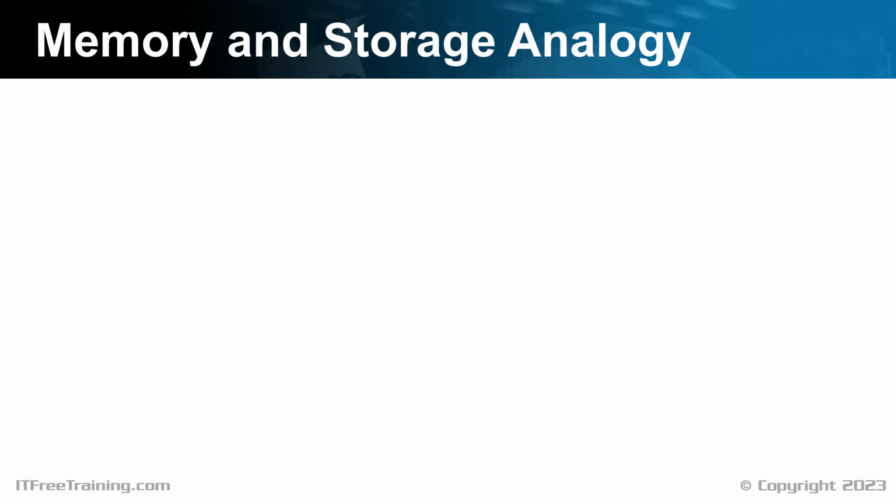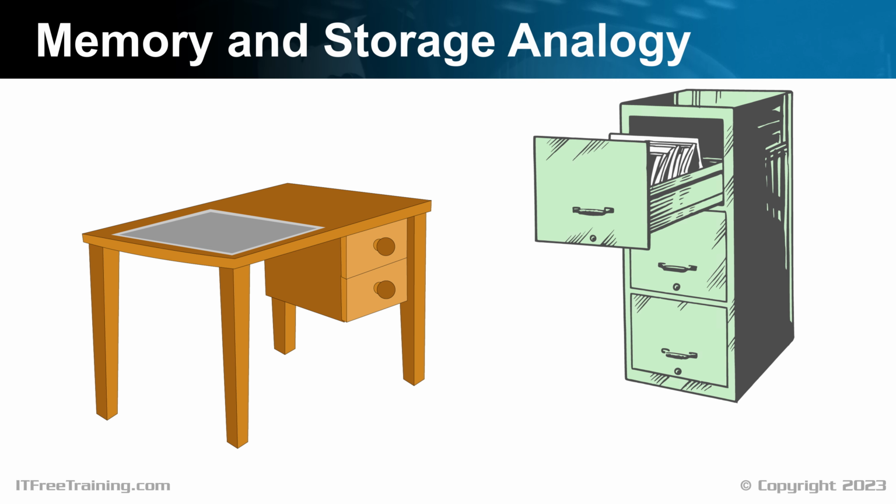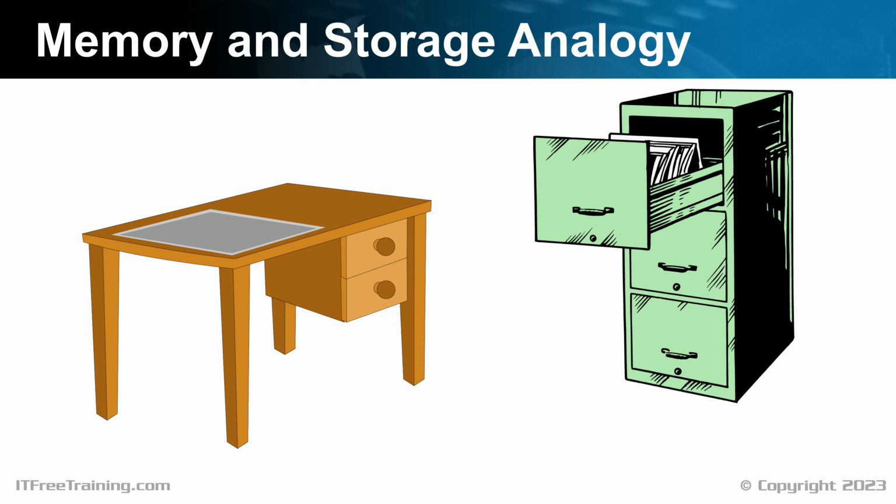the main memory of the computer is like a desk. You have a limited space on the table, but you can access things on the table very quickly. The storage of the computer is like a filing cabinet. The filing cabinet can contain a lot more stuff than the desk does. However, in order to use anything from the filing cabinet, you first need to retrieve it. Once you have something from the filing cabinet, you need to take it to the desk. If the desk becomes full, you need to remove something from the table and put it in the filing cabinet. Essentially, the desk acts like main memory and the filing cabinet acts like secondary storage.